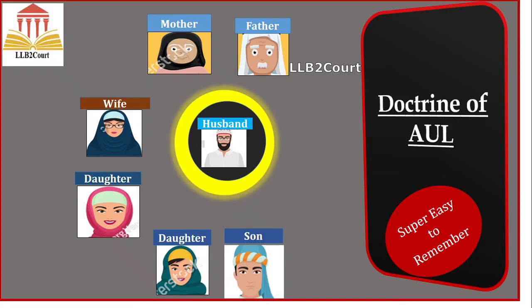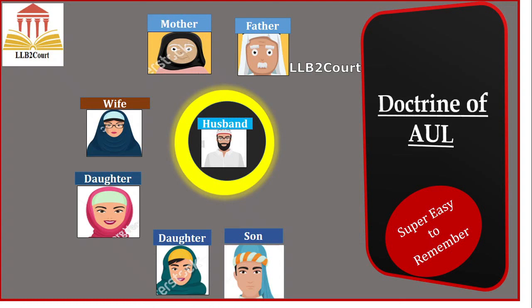For example, imagine there is a circle. That is the property. If you divide that circle into equal parts, there will be no remainder, no balance. But if you divide the circle into unequal parts, either there will be a remainder or it exceeds the circle, it exceeds the property value. In this situation, it will be very difficult to allot the shares to the sharers. In order to solve that issue, these two doctrines have emerged. We will see how each doctrine works through animation so that it will help you understand better.